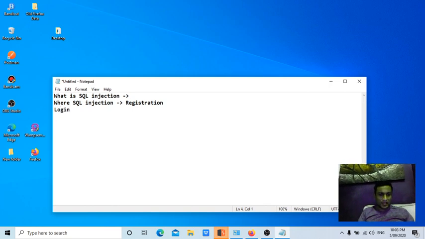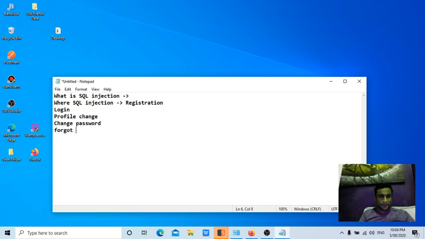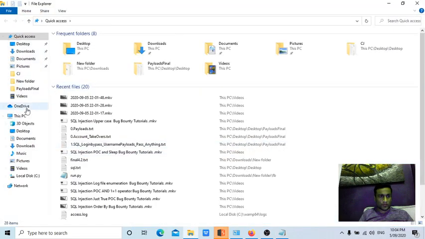There could be a profile change page, a change password page, and a forgot password page. You can check for SQL injection on all these pages. Why? I'm going to show you now.